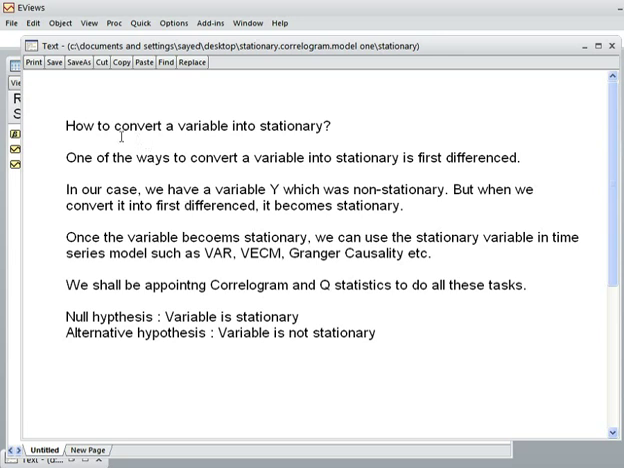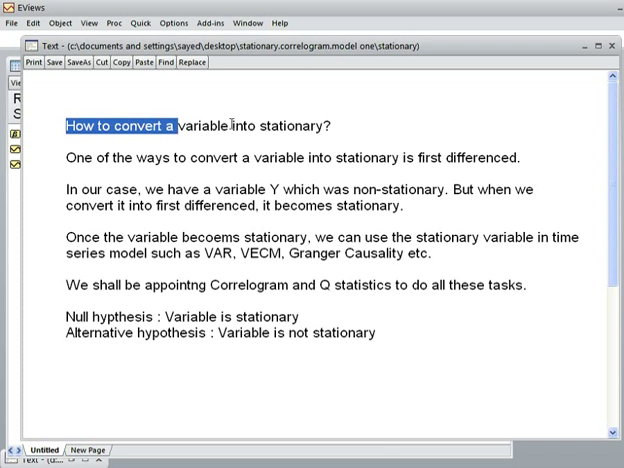Okay, today we shall be checking how to convert a variable into stationary. And to convert the variable,